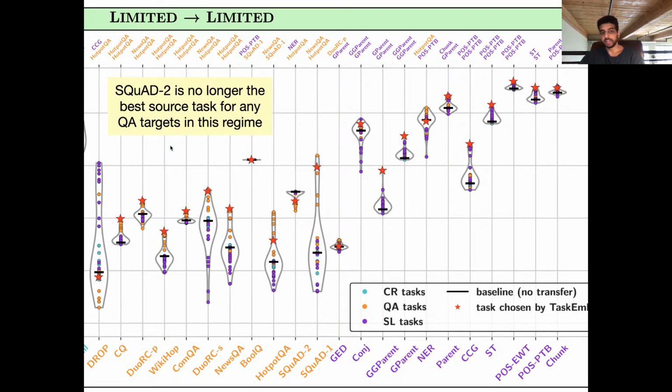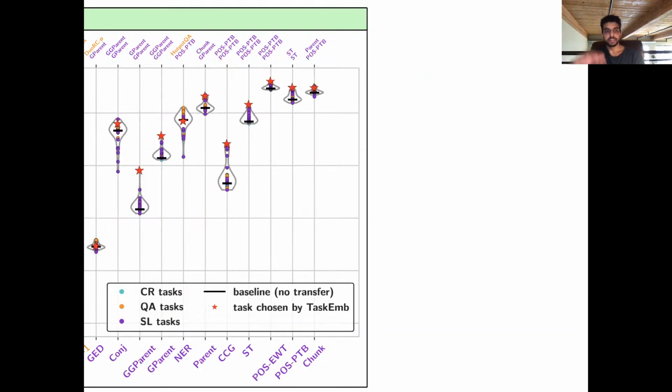So when we look at the QA data sets, these are the orange target tasks here, the top one here, the best tasks that improve the most with intermediate fine-tuning are other QA data sets. So here at least, the results are more intuitive. And we see that, again, using these sequence labeling tasks, the purple ones, hurt you. They drop you below the baseline. So these are some,